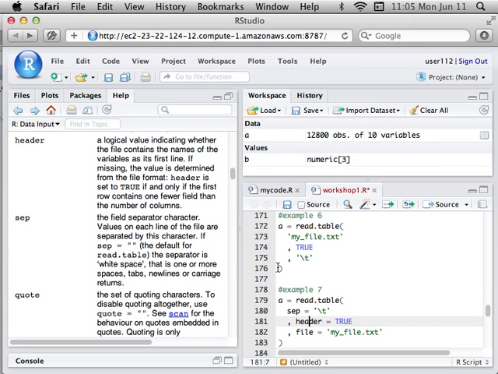Sep is another one that we were using before, the field separator character. So presumably your data is written out in rows and columns, but how do we know when one column turns into another column? This is what the sep character says. The default value is just any white space, so that can be kind of troublesome if, for example, you've got stimuli that are sentences, and in your data file you have one column that just lists the stimulus, so it's a sentence. You're obviously going to have spaces in your sentences, so